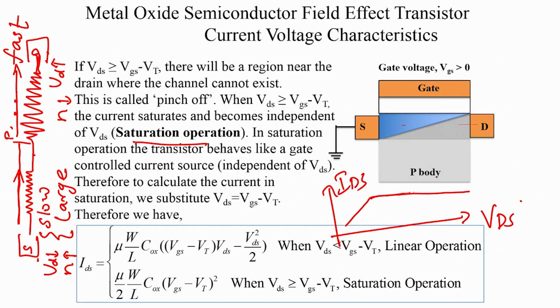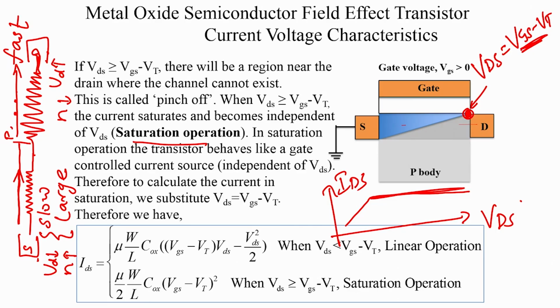And what is the equation for saturation? We simply say that the moment this point is pinched off, the current is the same as the last value of the linear current. Which is when VDS becomes equal to VGS minus VT, or in other words, when the channel potential at this location becomes equal to VGS minus VT, then the device current becomes constant, it stalls, it does not increase anymore